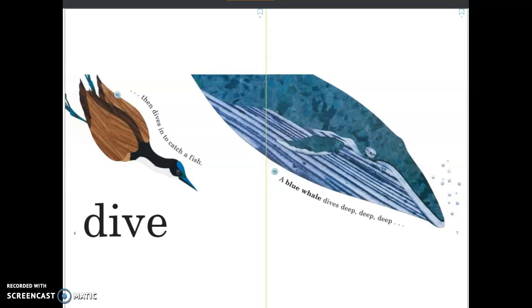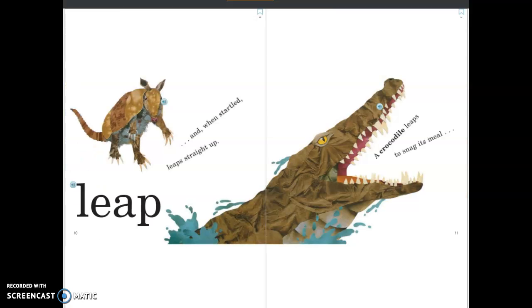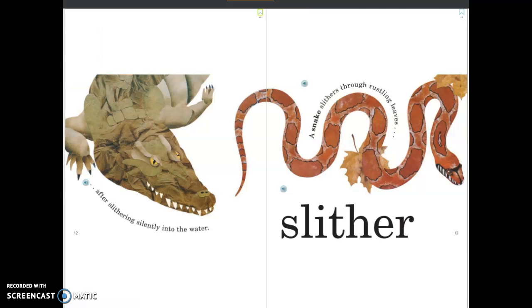A blue whale dives deep, deep, deep, and swims below the ocean waves. An armadillo swims across a stream, and when startled, leaps straight up. A crocodile leaps to snag its meal. After slithering silently into the water, a snake slithers through rustling leaves